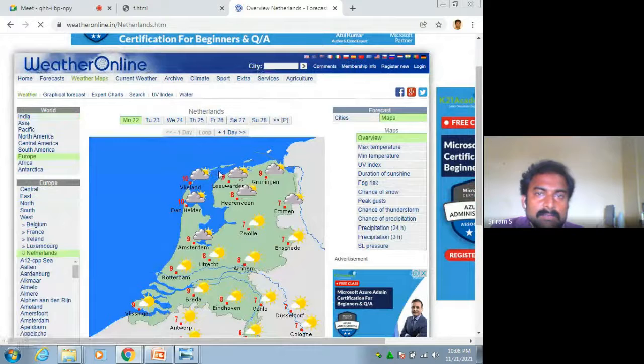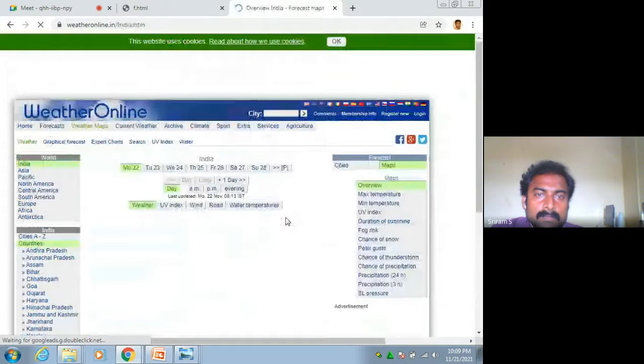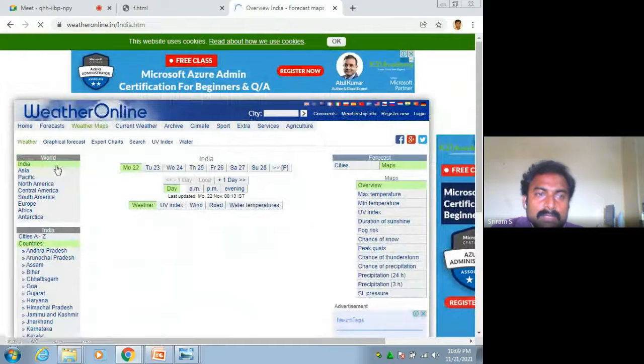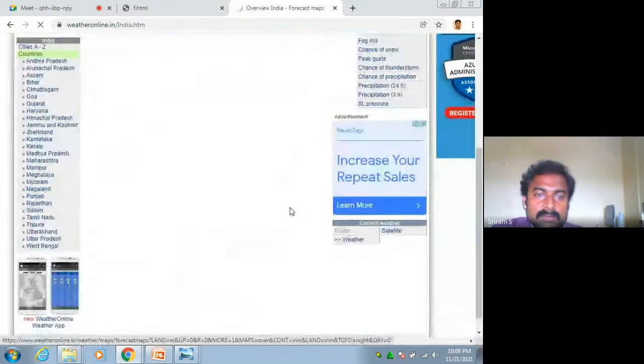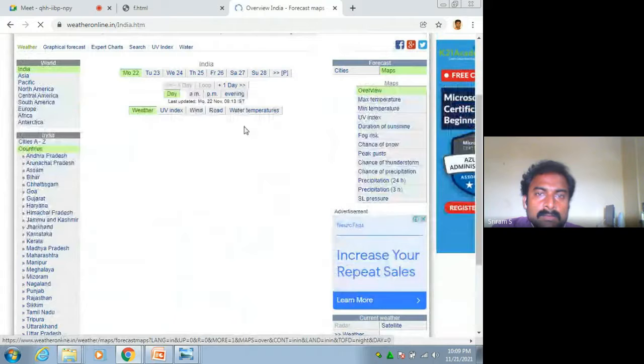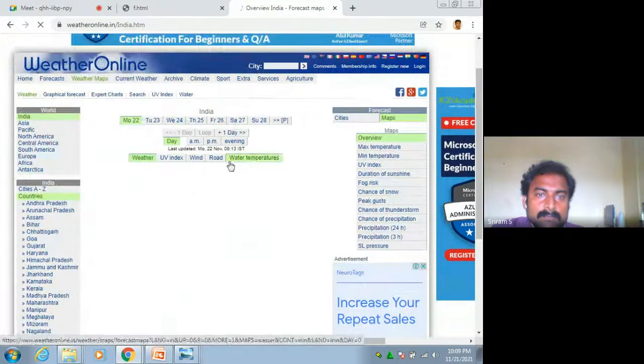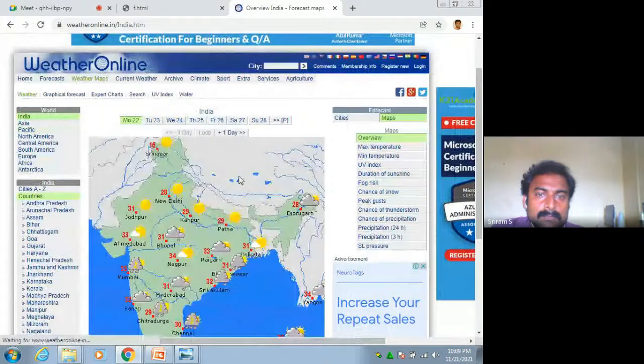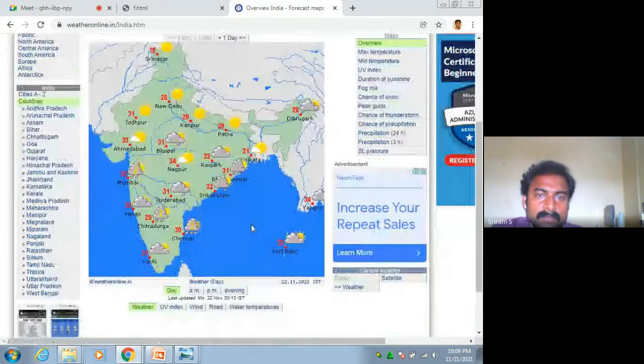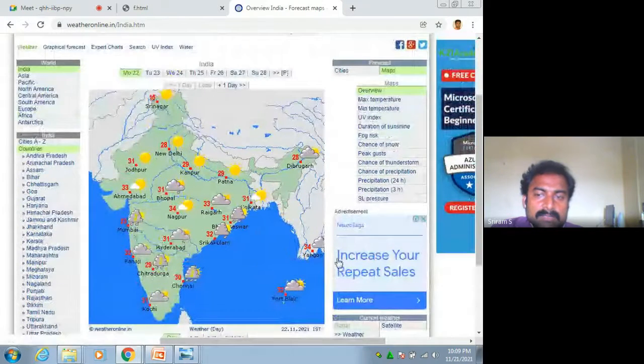Clicking India, it shows the temperature and current conditions.